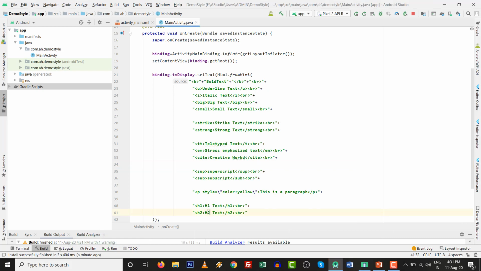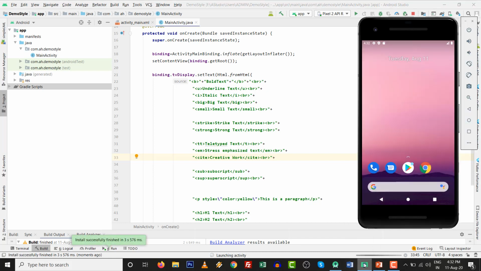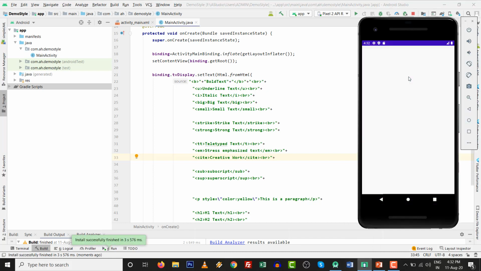So one thing I will do is make the reverse, sub over here and superscript over here. If you want to implement something different, I just remove one br tag. So just press Shift F10. So you know what subscript and superscript are with the knowledge of HTML tags, which will be useful inside Android.